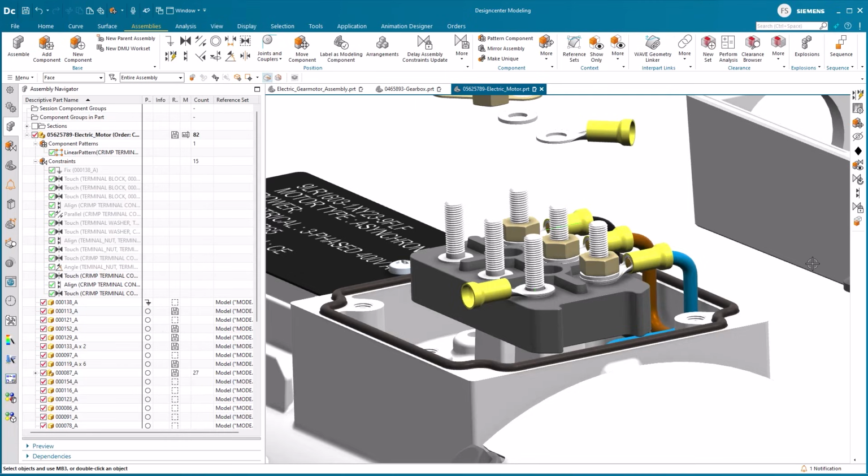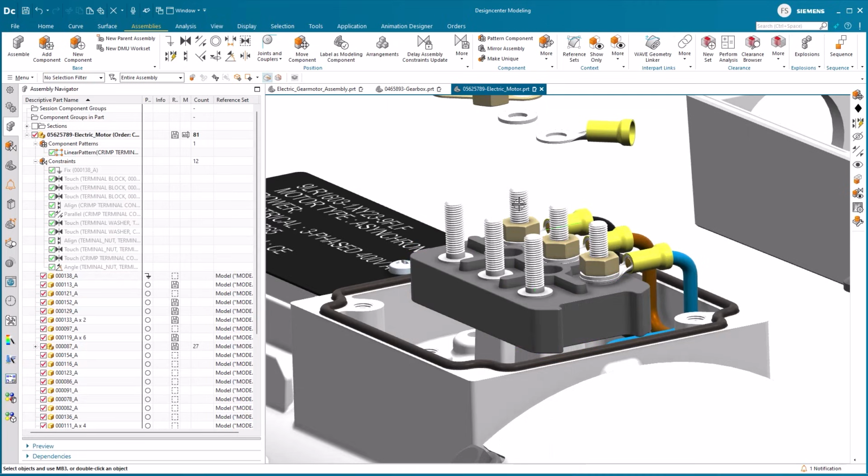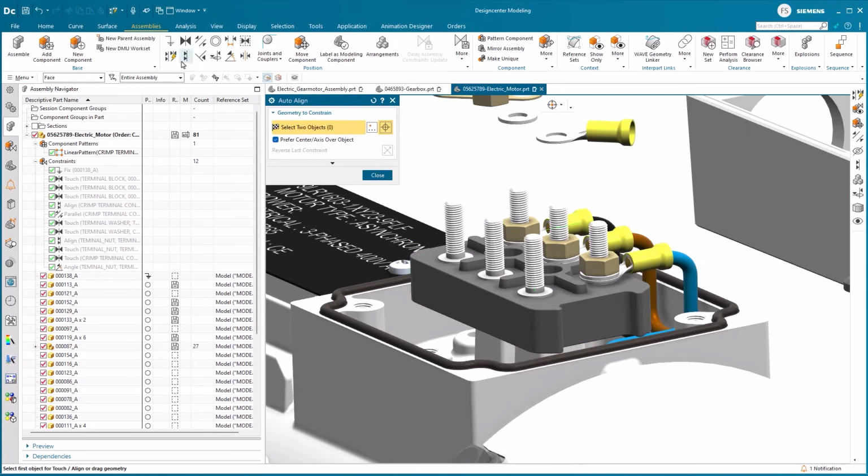We start by setting the selection filter to face. To compare with the traditional method used earlier, we delete the crimp that we positioned earlier. Now, with all the prerequisites set, we invoke the Auto Align Assembly constraint and hover the cylindrical face of the crimp. We press and hold the left mouse button and drag it into the matching cylindrical face of the pin of the terminal, where we release the left mouse button. Note in the Assembly Navigator that an Align constraint is created.